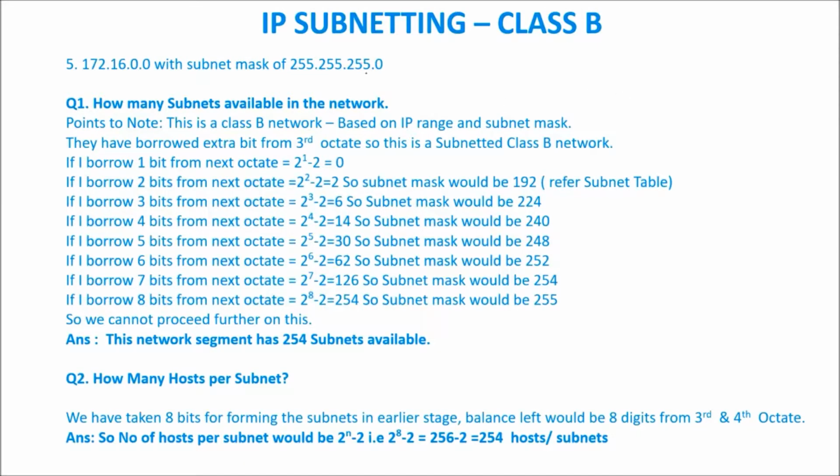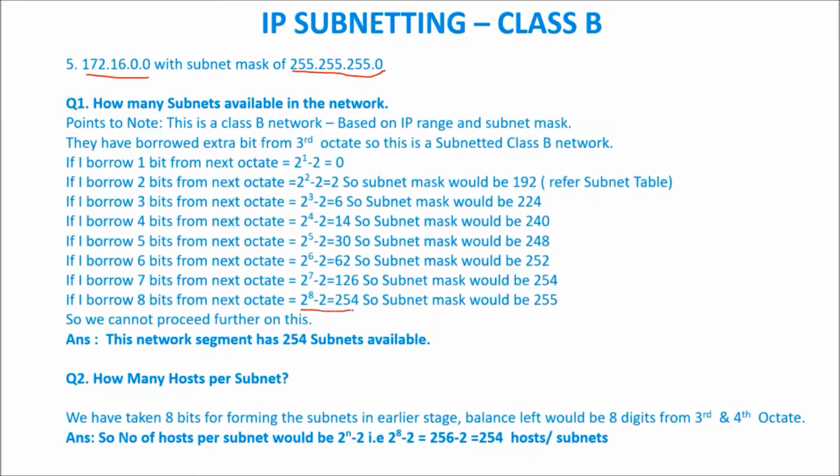Next is a very important area, because by seeing this everybody will get confused that this is a class C address, because class C default mask is 255. But it is actually a class B address. So what I'm saying, this is a subnetted class B. It is nothing wrong in mentioning the number, but it means that somebody is doing the subnetting from this particular IP, and that's why we are getting 255 for class B. So it is very clear.